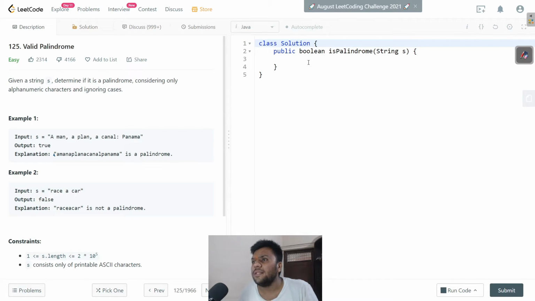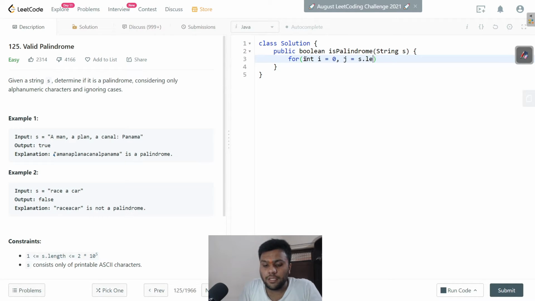So optimal is similar to that, but we will not use any empty string like that. We simply compare it. So how is this going to work? I will use the same two pointer approach in this one as well. I will start I from the starting, and I will start my j from the ending. So I will say s dot length minus 1. Alright guys, now I will simply say if I is less than j, and my I will increment and my j will decrement.